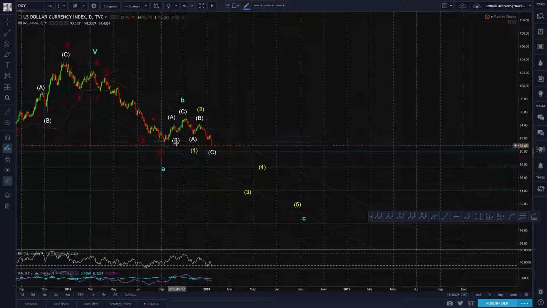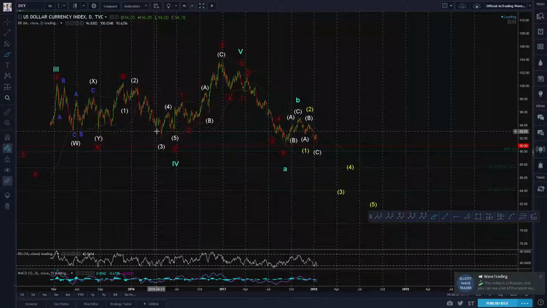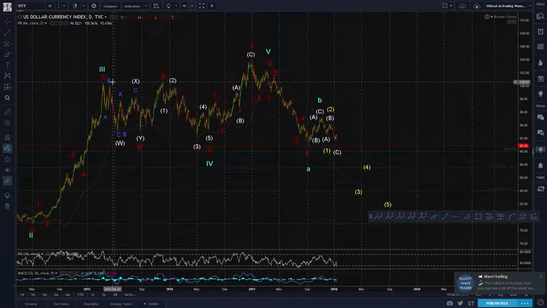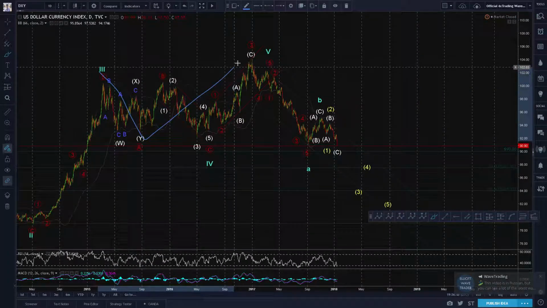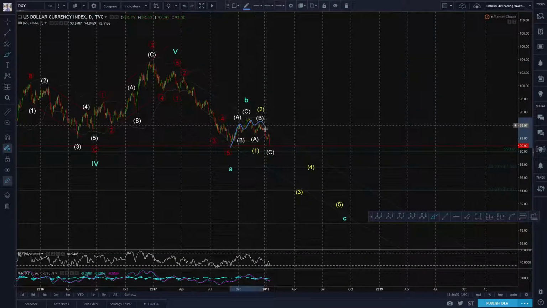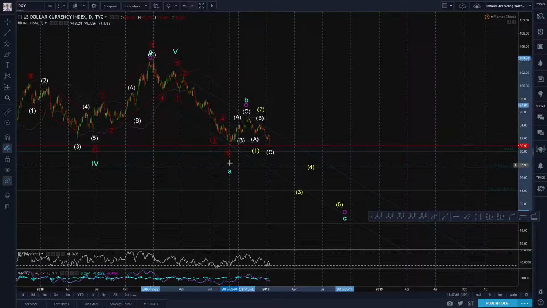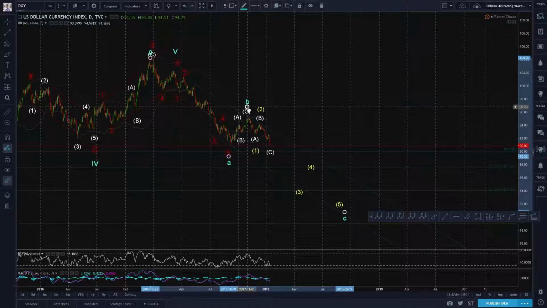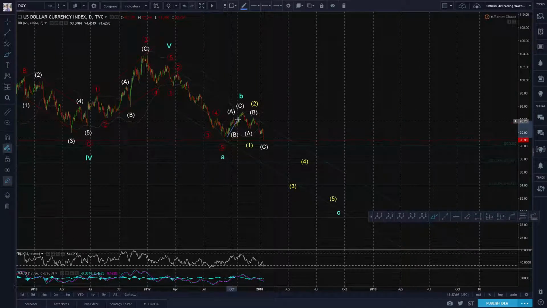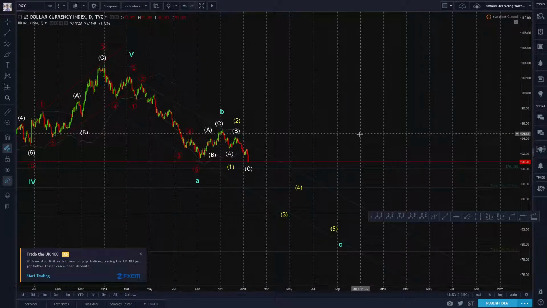Obviously from there we then had this 3-wave correction. A lot of people tried to count this as 5, including myself. I thought it would maybe have bottomed out, as the other wave count would suggest, because it would mean something like a 3, 3, 5 here, and then an up move. But after this, we've come straight back down, and this is still in 3, so that means this could either be B, cycle B here, so this is A and this is cycle B, or we could see a larger correction such as this 3, 3, 5, and cycle B over here somewhere. But I think it's actually going to just go straight down,